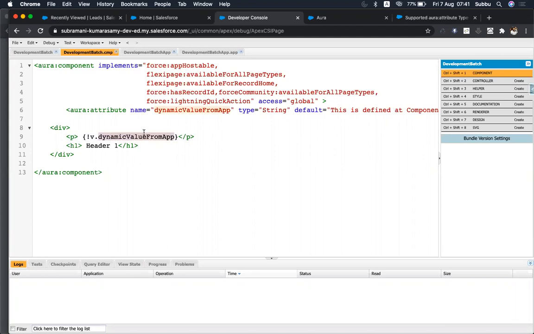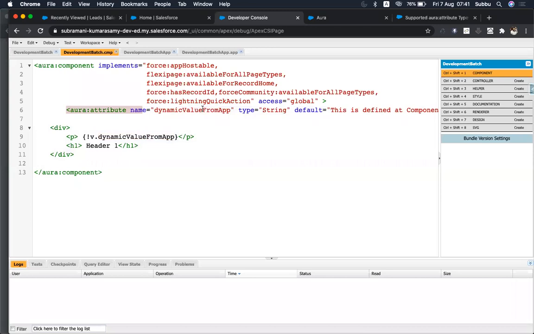This dynamic value, this string name. So this we can take from the database. For each record this value might be different. Let it be the account name. So that will be different. So we can dynamically take it from database using the attribute. We can set the values. Okay. So this is how dynamically you can pass the values using the attribute.